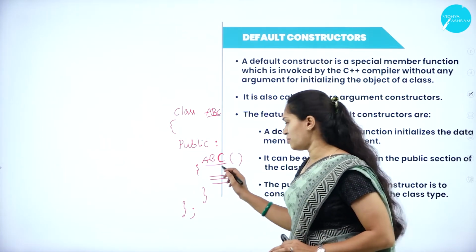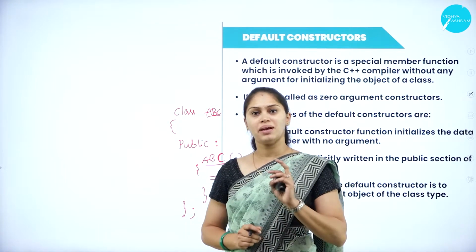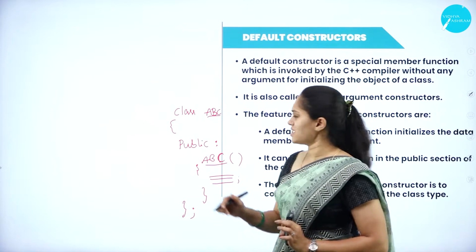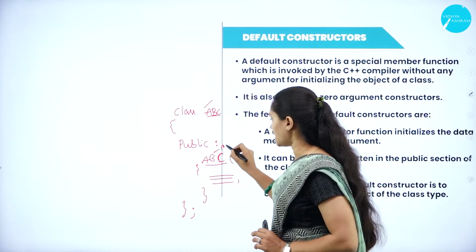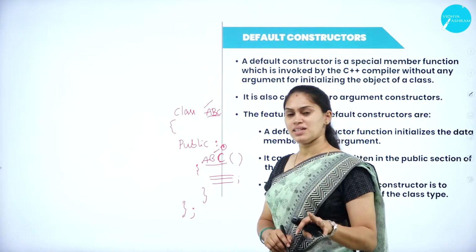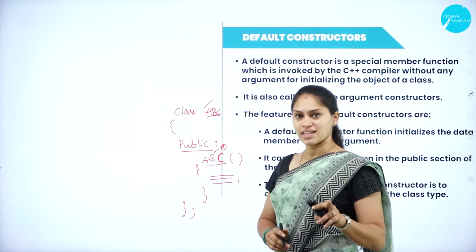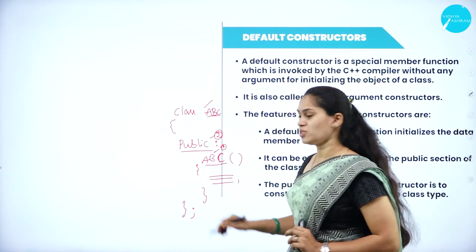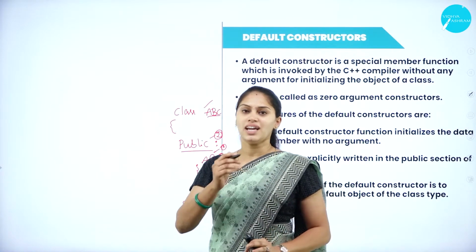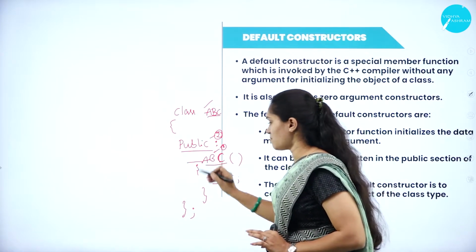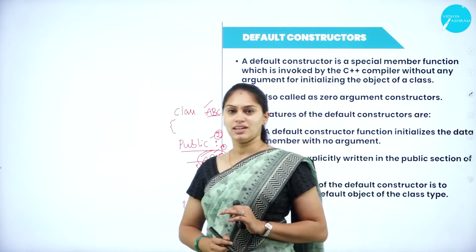Am I able to call this ABC a constructor? Then what are all the rules it has to follow? It must have the same name as the class. So what is the name of the class here? ABC, and I have the same name for the member function, that is the constructor. So it satisfies the first condition. Whether it comes under the public section or not, it comes under the scope of public. So that second condition also got satisfied. This constructor should not have any return type specifier. We should not specify any return value or return type. Did I specify one here? No. So I can call this ABC a constructor.